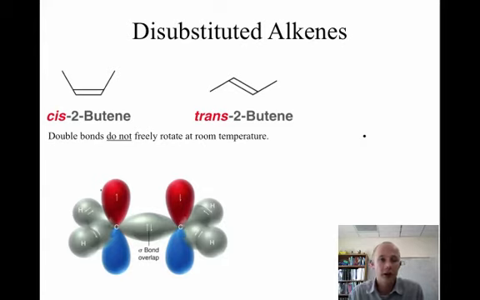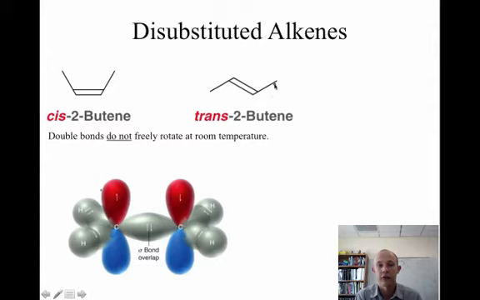Okay, so first let's talk about disubstituted alkenes. There's 2 kinds that you can have. Your 2 groups can be on the same side of the alkene. We call that cis substitution, or they can be on opposite sides of the alkene, and that's going to be called trans. So we would name this compound cis-2-butene. The carbon-carbon double bond is the second carbon-carbon bond, and the 2 groups are cis to one another,